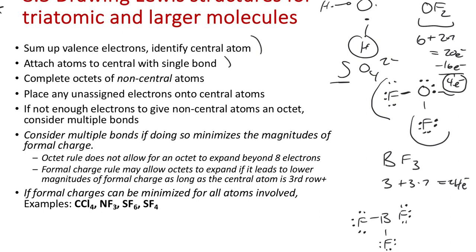And what I want to see right away is that we're not going to look at boron and say, oh, it has room for 2 electrons, so I'm going to put 2 electrons on boron. That's not part of the rule. The rule isn't saying, oh, I should put 2 electrons here. So what we need to do is just fill the non-central atoms' octets first, then count